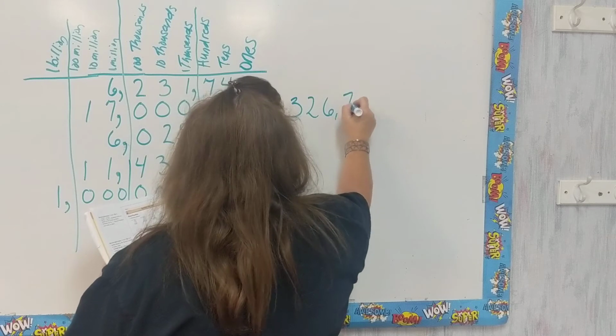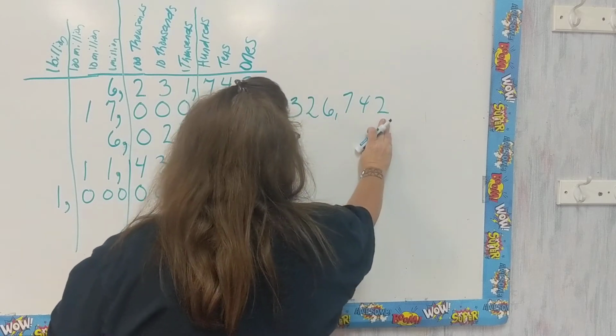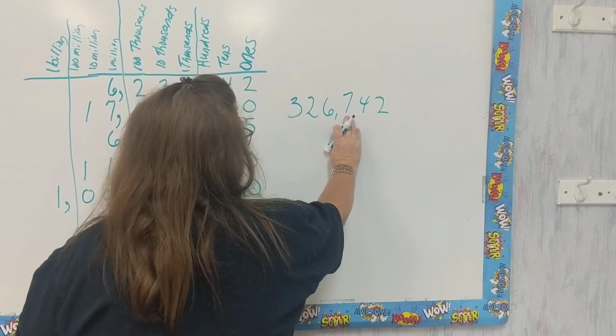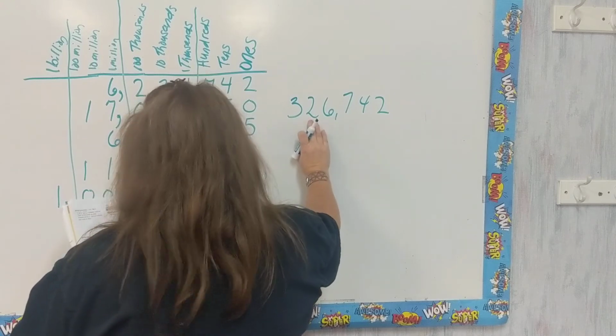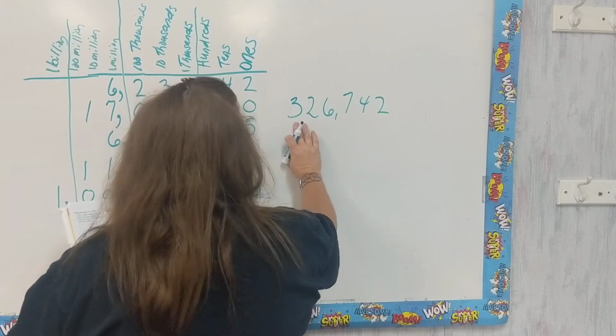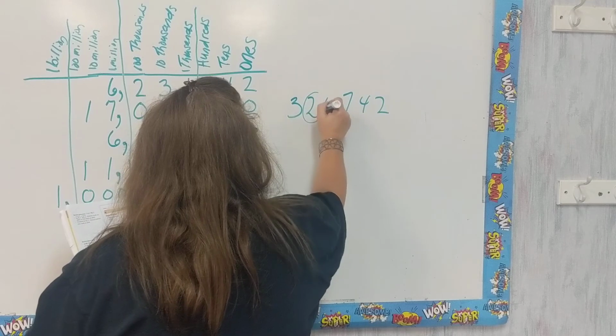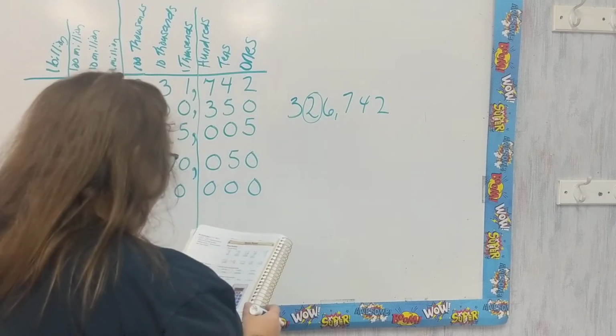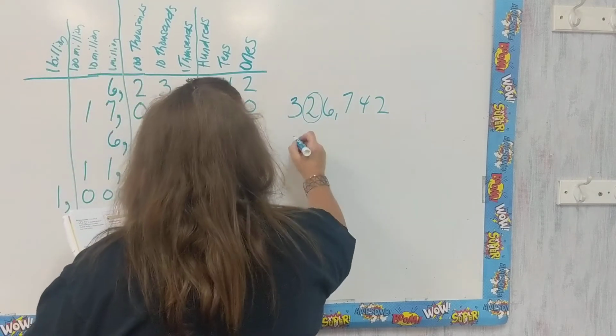326,000, what's that number? 742. So we have ones, tens, hundreds, 1,000, 10,000, 100,000. And it's that 10,000 digit that we are circling. Then letter B, we have